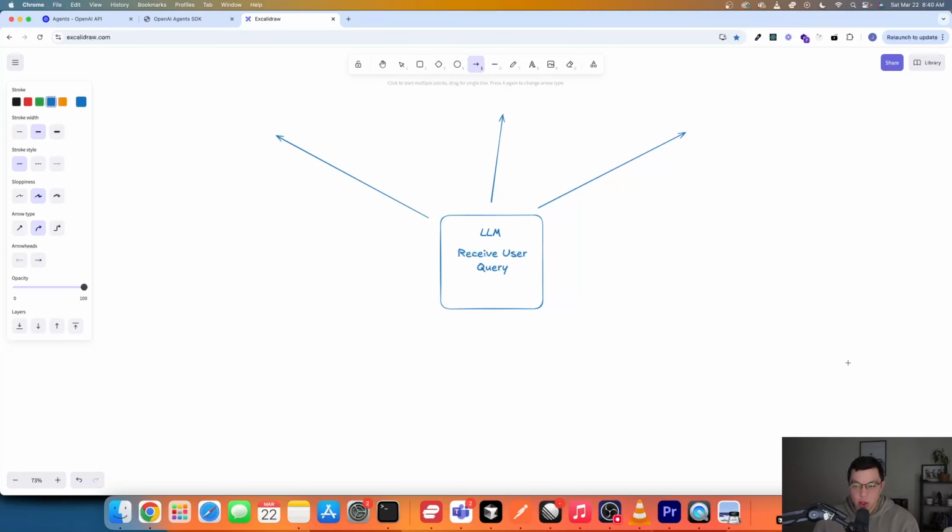I think a helpful analogy, or at least something that resonates with me, is trying to think about AI agents as kind of like a symphony, where there's a whole bunch of different instruments that can produce sounds, and then there's a conductor at the front that is deciding which instruments to use.